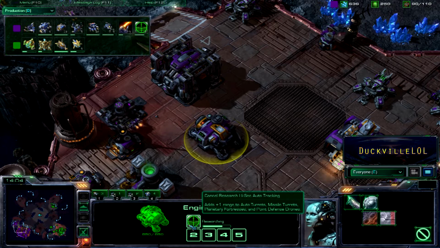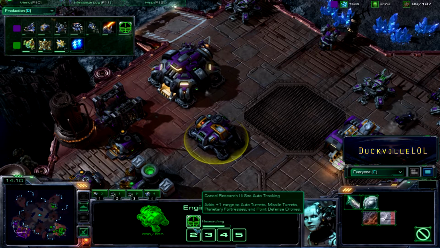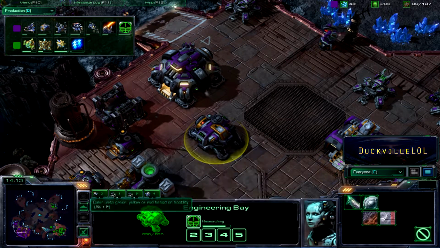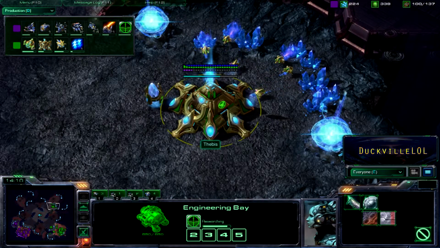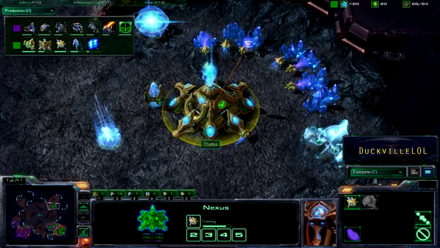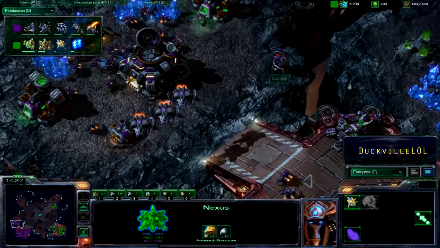That is actually the upgrade to increase the range of turrets, the auto turrets and missile turrets, and planetary fortresses and point defense drones as well. So a little bit of an interesting one to get there. I think he's probably just trying to make sure that his turrets are going to be able to cover everything